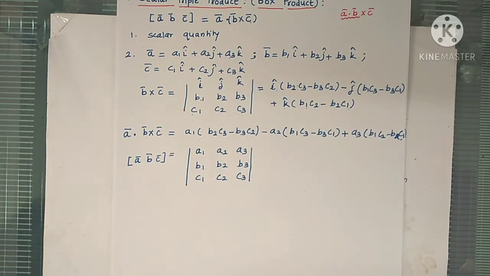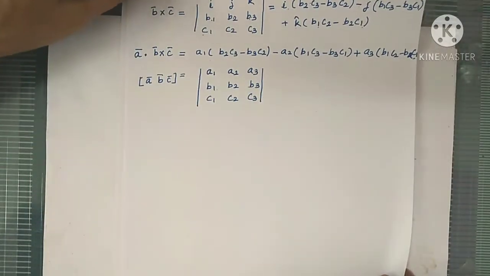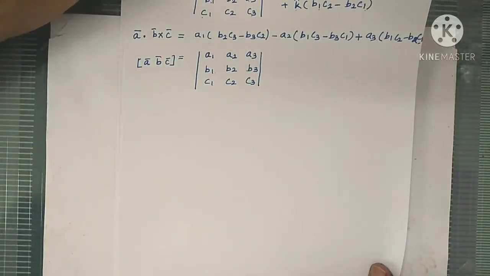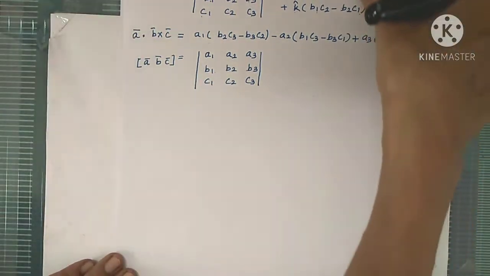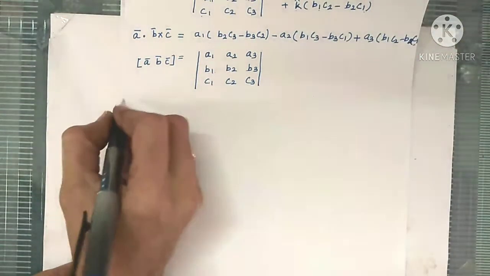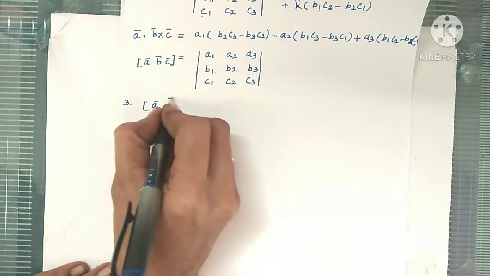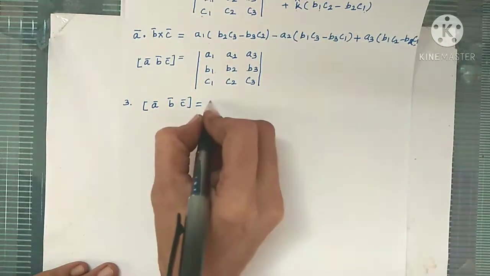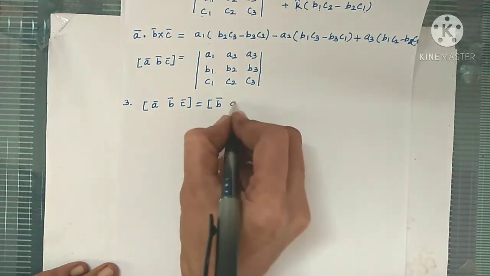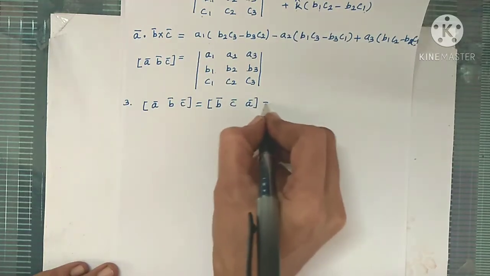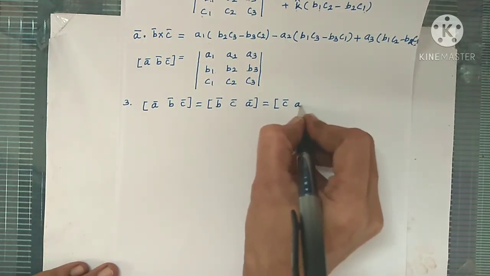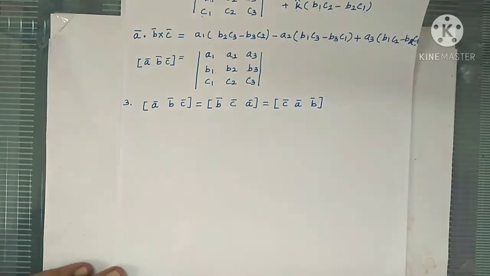Now let's study the other properties of a scalar triple product. So now we have a scalar triple product in terms of a determinant. So obviously the properties of determinants we can apply to the scalar triple product. Using that, you can see here that the scalar triple product A bar, B bar, C bar is the same as the scalar triple product B bar, C bar, A bar, and this is the same as C bar, A bar, B bar. So first let's see why this is so, and then we will remember the property.